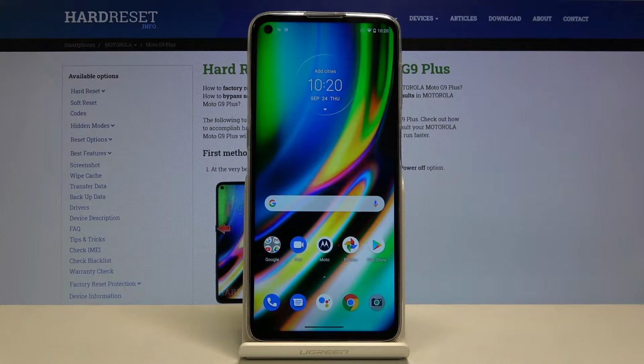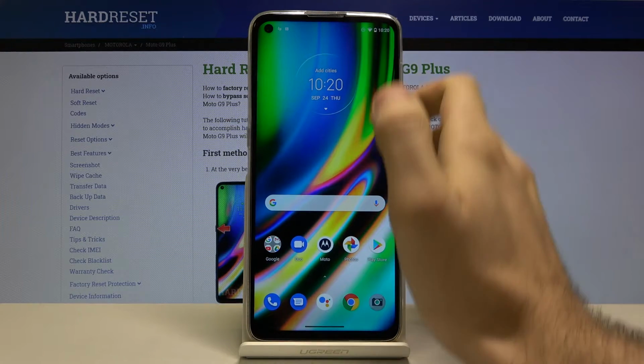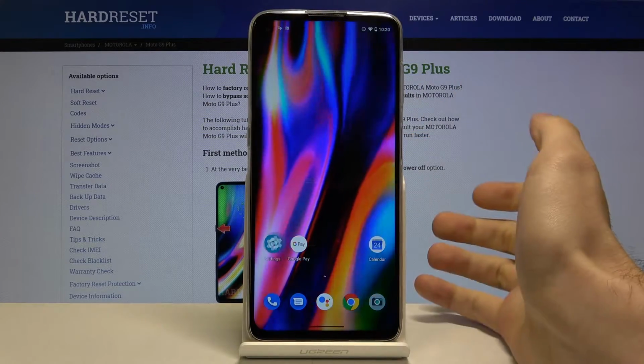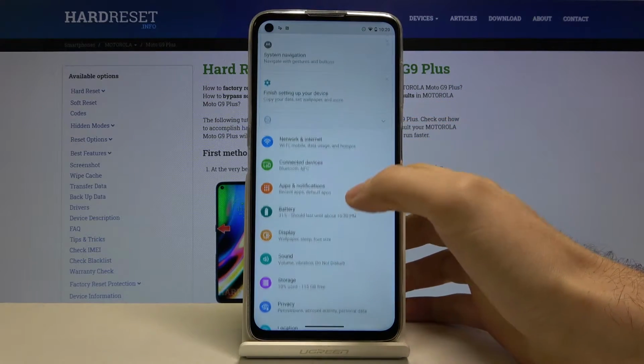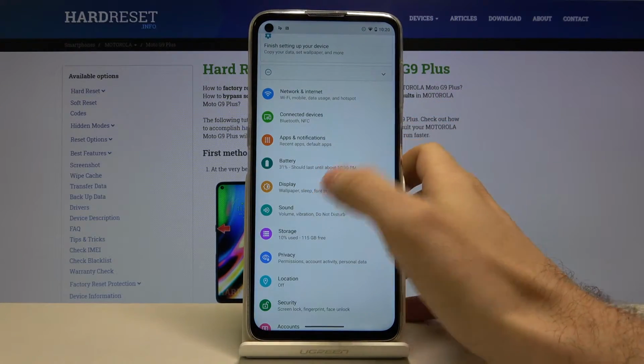Here I have Motorola Moto G9 Plus, and today I'm going to show you how to change wallpaper on this device. So first of all, you have to go to settings. Next you have to go to the display section,